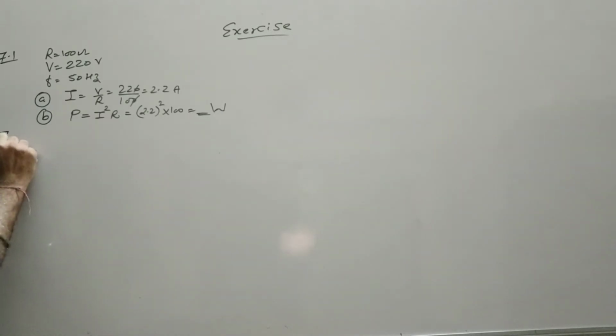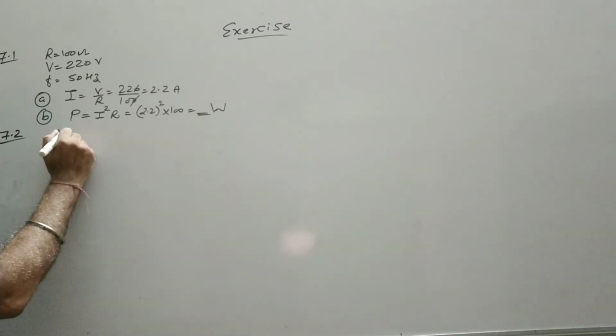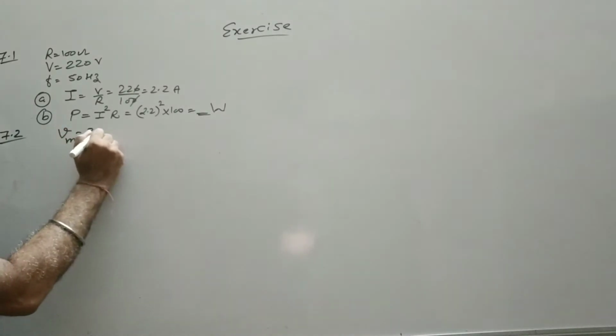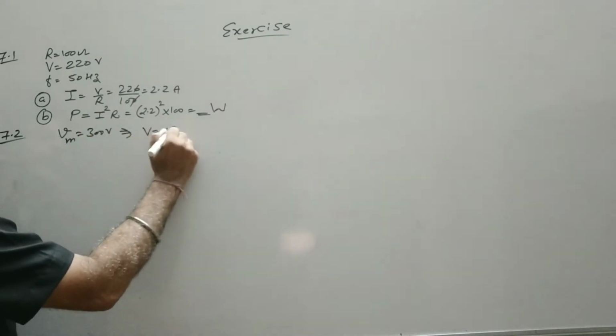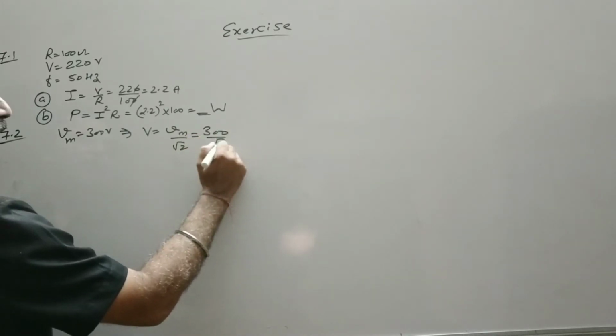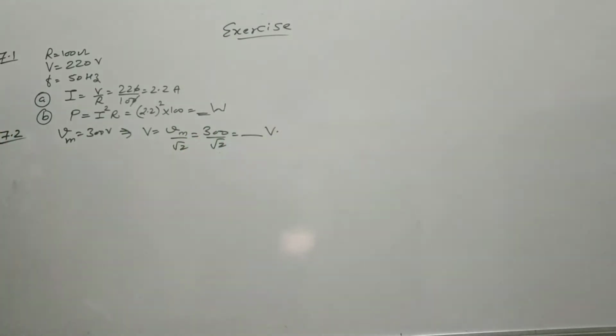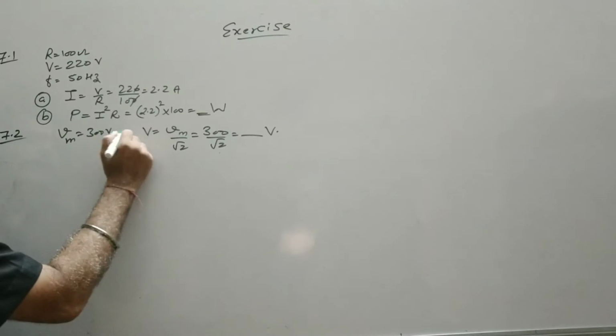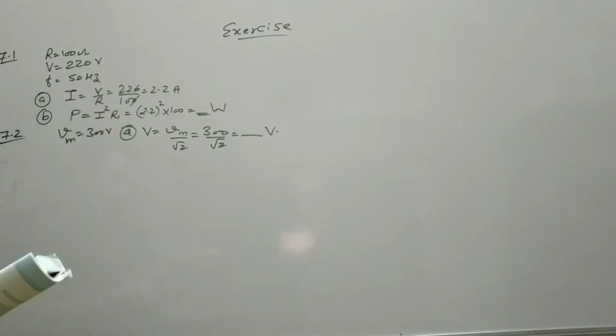Then we have 7.2 now. So the numericals are quite simple. The peak voltage of an AC supply is 300 volt. So peak value is given, that is 300 volt, which implies V can be written as Vm divided by root 2, capital V for Vrms, 300 divided by root 2, this much volt, you calculate this. So we have Vrms. They have asked what is its RMS value. So this is our first part, and you have to do the division only.